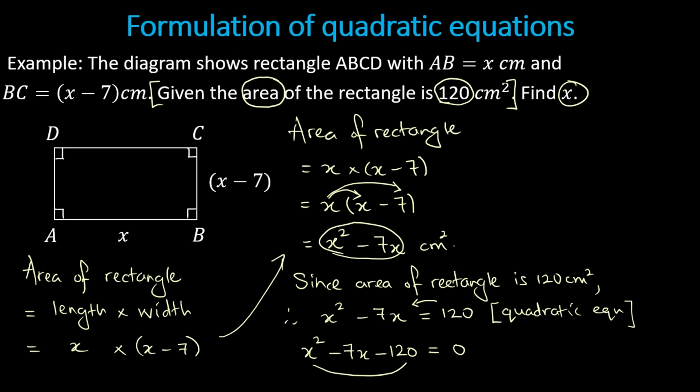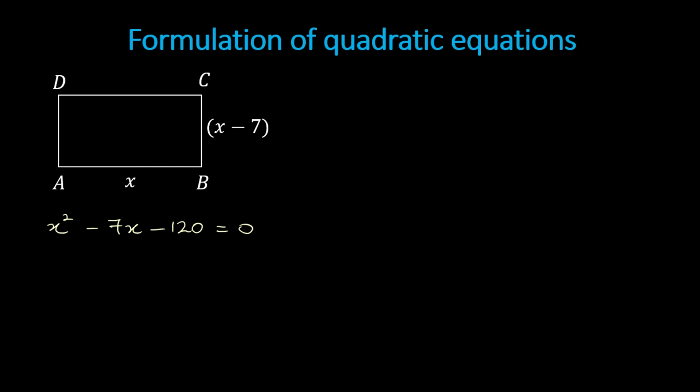So let us continue with this question on another slide. So we have reached here x squared minus 7x minus 120 equals 0, right? So all we need to do now is to solve this equation, and like I have said, we need to factorize the left hand side of the equation, right? So let's do it on another slide. So here we are. We have x squared minus 7x minus 120 equals 0. The quadratic on the left has 3 terms, and when you factorize this type of quadratic, we obtain 2 pairs of brackets,